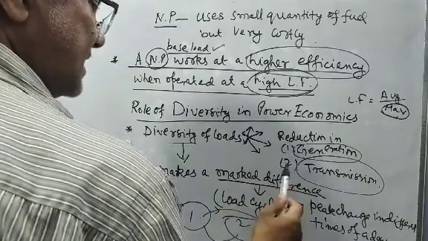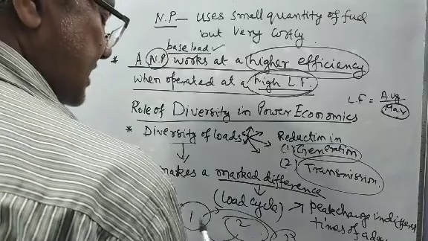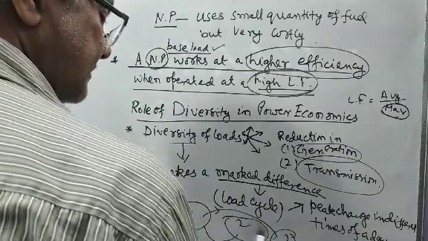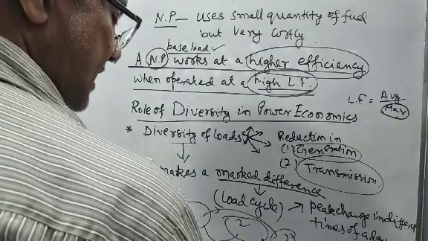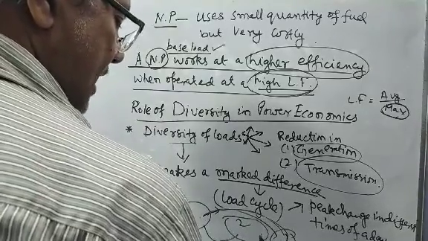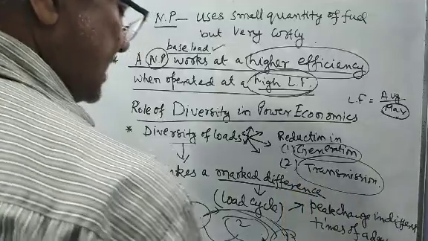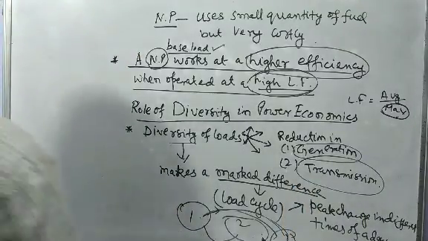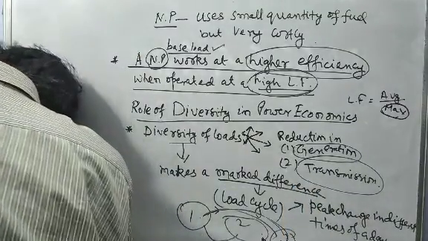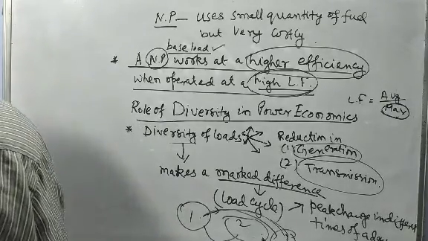So due to the diversity, the generation cost becomes less. Here there is no need to generate from here to here; we can send from here to here. Area 3 has been connected with 1, as well as with 2. So the generation cost in this area becomes less. So these are all the things.